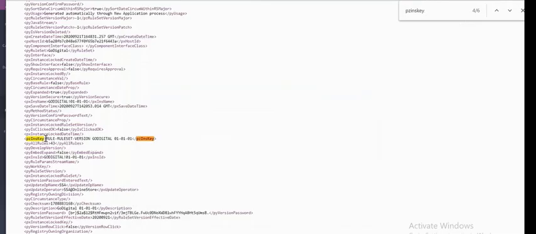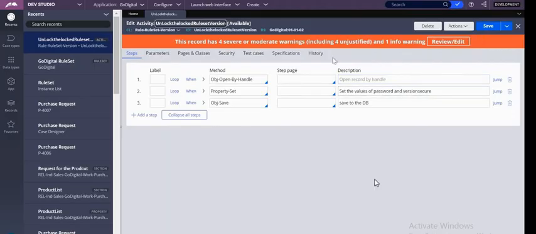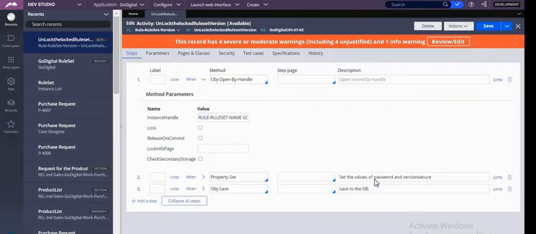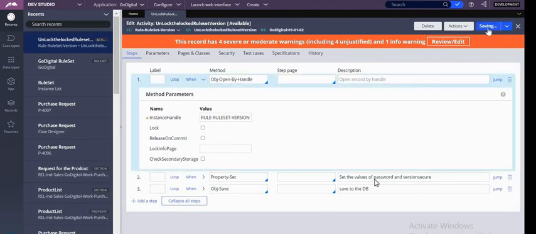We need to go for this rule set version, Obj-Open-By-Handle, this is the version. Okay, save.